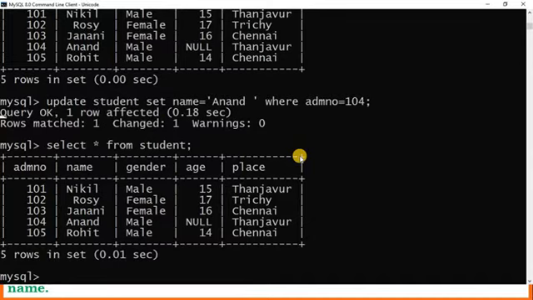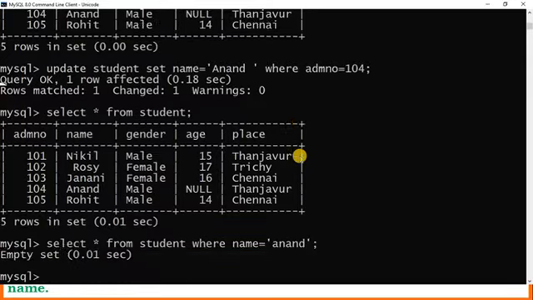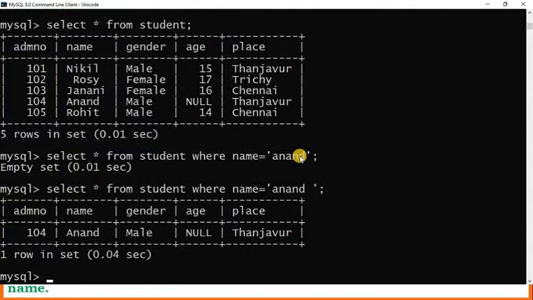Now I am going to give a query: select star from student where name equal to Anand. See, it will show an empty set. Why? Because the name Anand ends with some space. If we give the space, it will display the record.